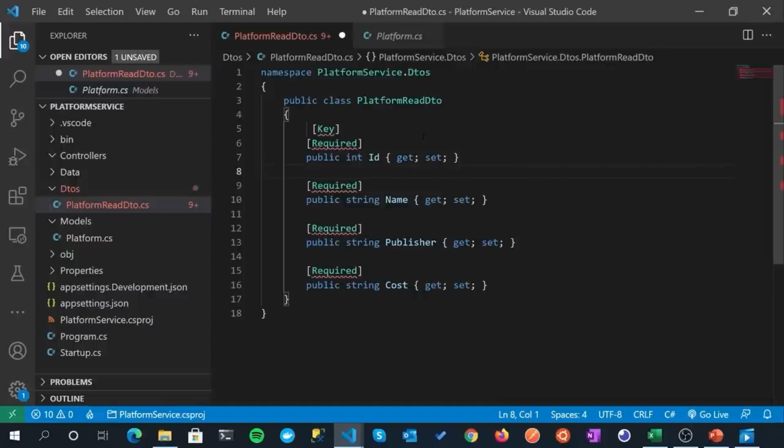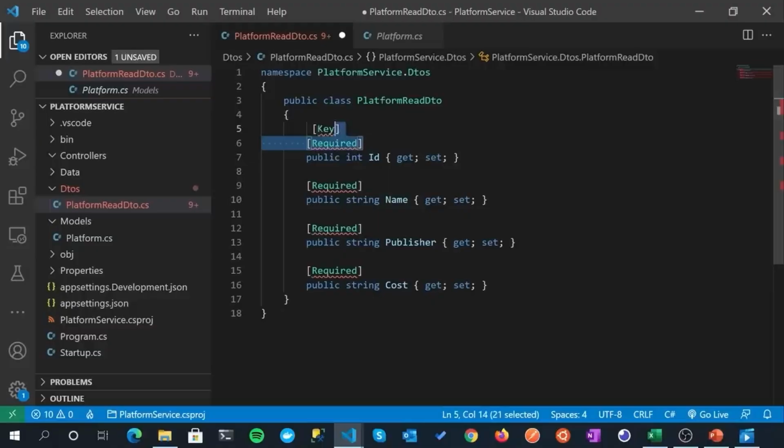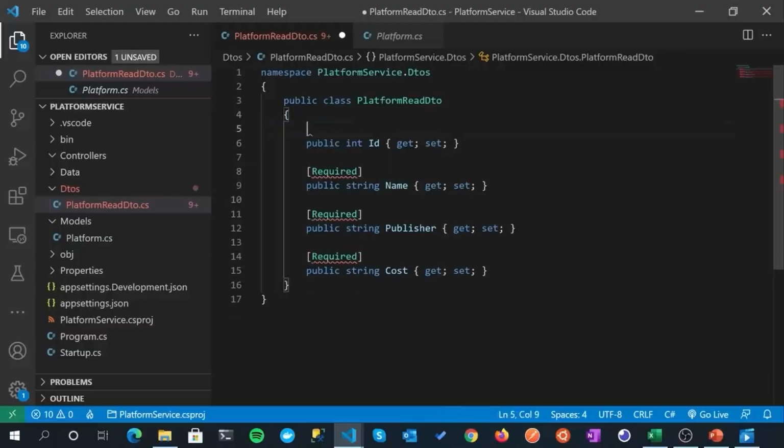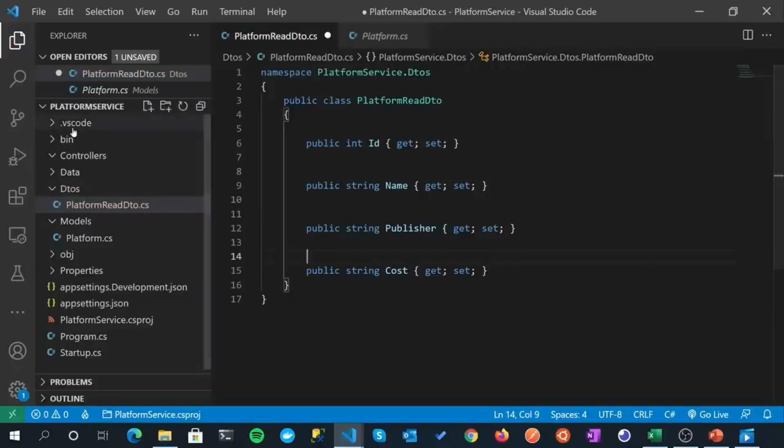And then cost. The reason I put this property in is really to make the point that this could be an internal bit of data that we don't ever want to expose. So again, if you didn't want to expose that, you would take it out. But for now, I'm just going to leave it in. May take it out later. We'll see how we go. So for the moment, our read DTO is going to be exactly the same as our platform model, and that's fine. But what it does mean is that you can change your internal platform model later, and this could remain exactly the same. Fantastic. All right, so that's all looking good.